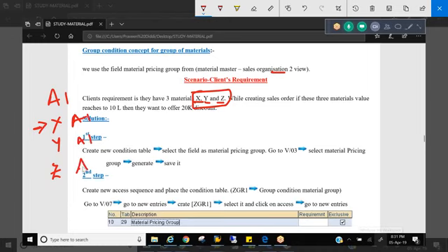Similarly for Y, A1. Now what's happening? All these 3 materials you have put in one group. That's how you group the materials. You don't need to do anything extra. In the Material Master, for the field material pricing group, you just add the value of the group you want. Now automatically these 3 materials have been placed into a group. And now any material out of this group A1 comes into a sales document and gives 10 lakhs worth of value,